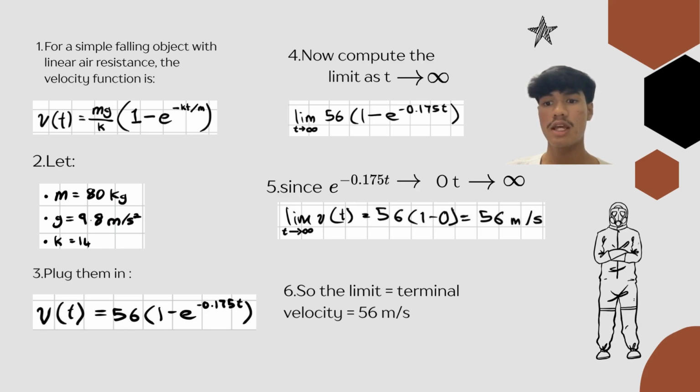Number 3, k = 14. And then v(t) = 56(1 − e^(−0.175t)). Number 4, now compute the limit as t approaches